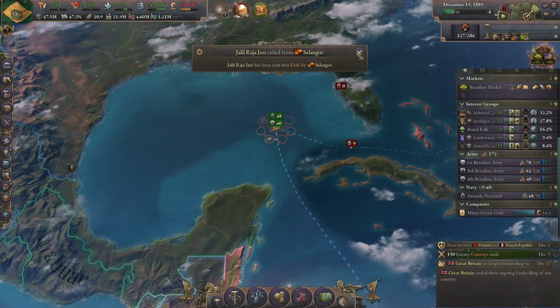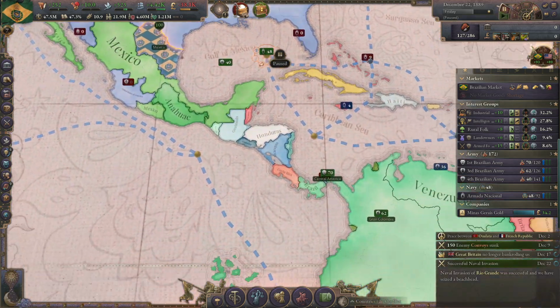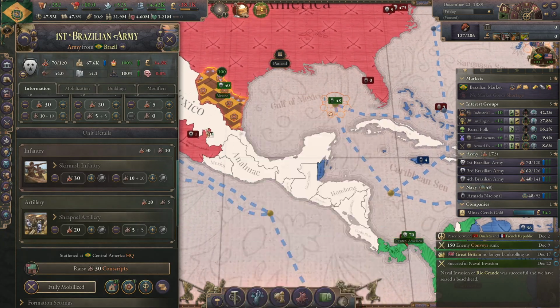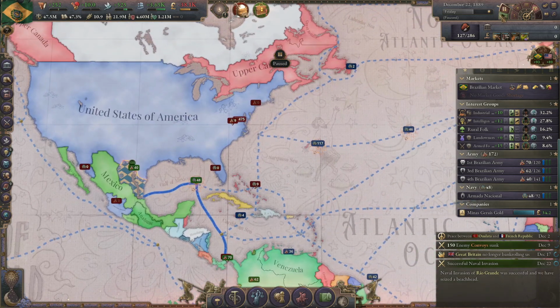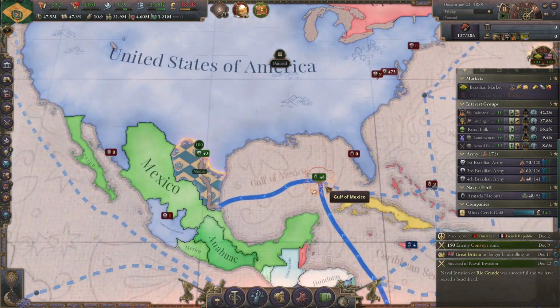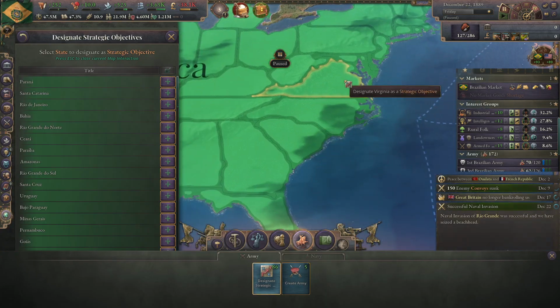Ooh, did we just have a land battle? We did just have a land battle. Alright. So, let's get that paused. And let's go ahead and grab the... I'm going to grab the 1st Brazilian army and put them on the front. And our European allies should be able to send forces at this time. So, what's our military objective, I think, is...